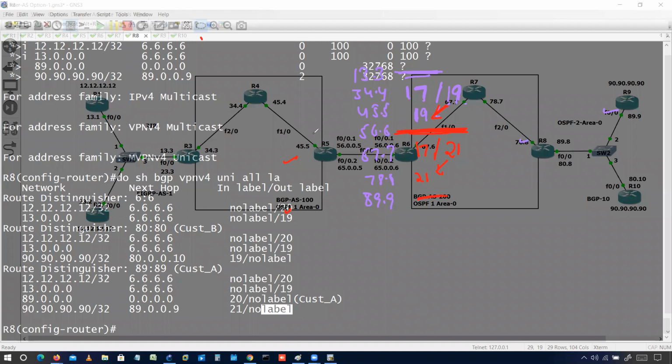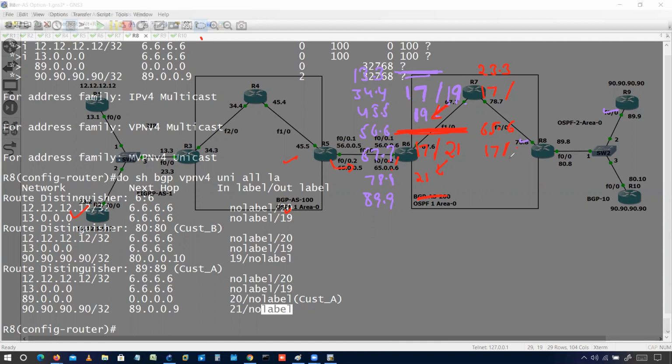Now let's do it from this neighbor. Only the first row will be changed. That will be 23.3. Okay. And to reach 5.5.5.5, the MPLS label will be the same, 17. I'll check this label. Again here 60, this will be 65.6 because it will go into this VRF, right? That's why 65.6 is the path. And this will be the same, 67.6, 78.8, right? And here again, that will have a label number 17.